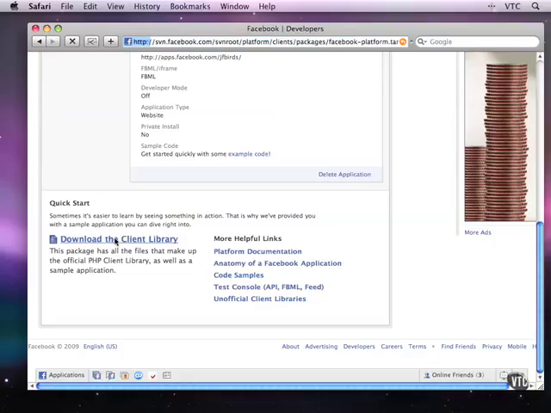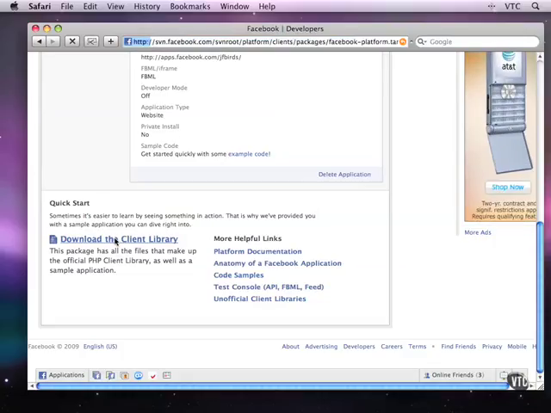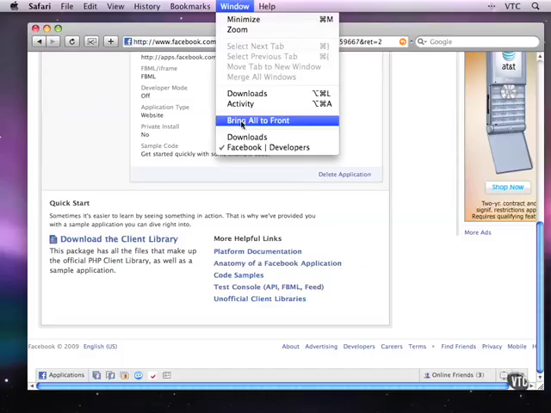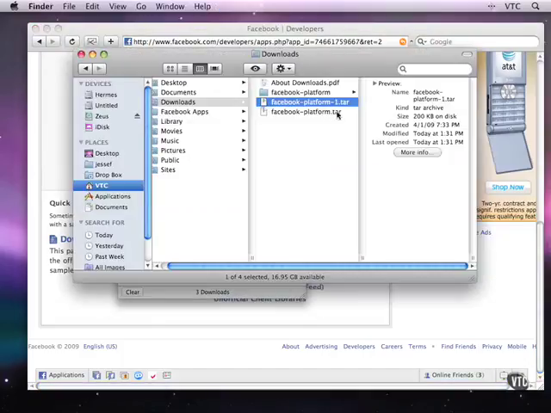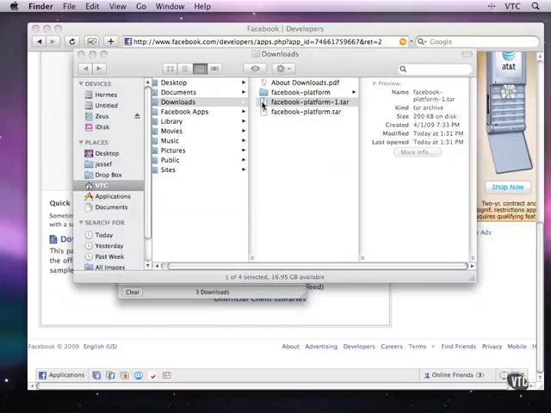Now this will be in a zipped file. If you are running on Mac OS X, you can just double-click it to expand it. If you are running on Windows, you need something like WinZip to unzip it, but most people have such applications. So I've got the file downloaded now. I'll take a look in my downloads, and here it is. I've been downloading it several times, so it's now got this name on it,